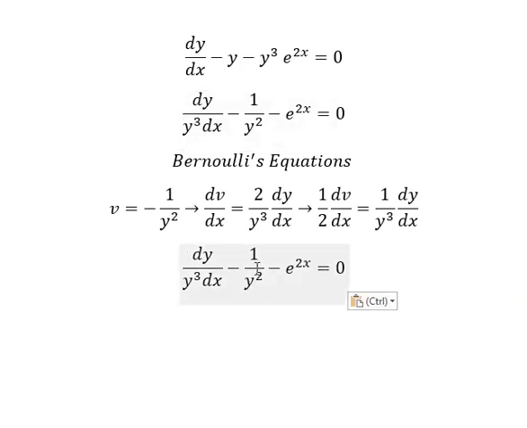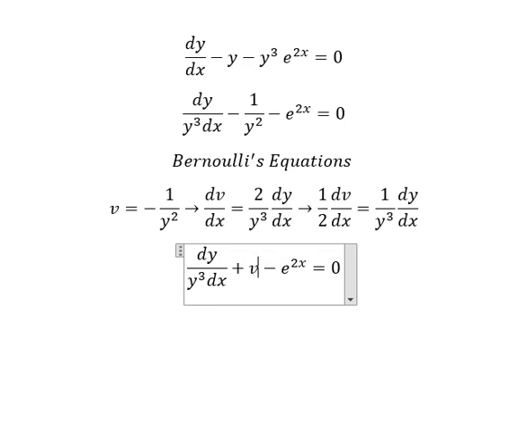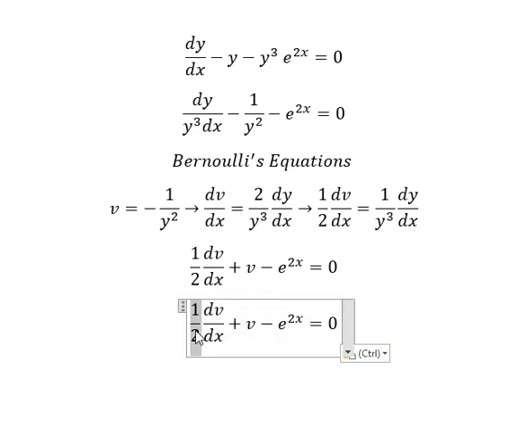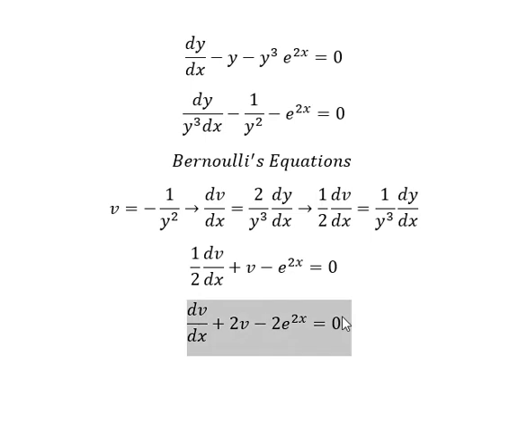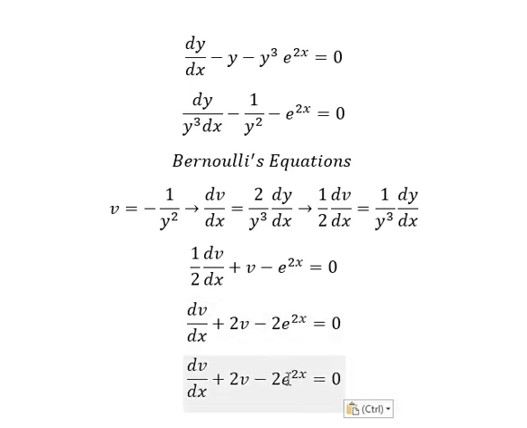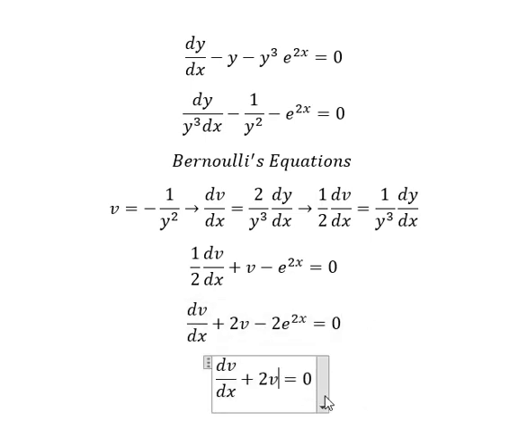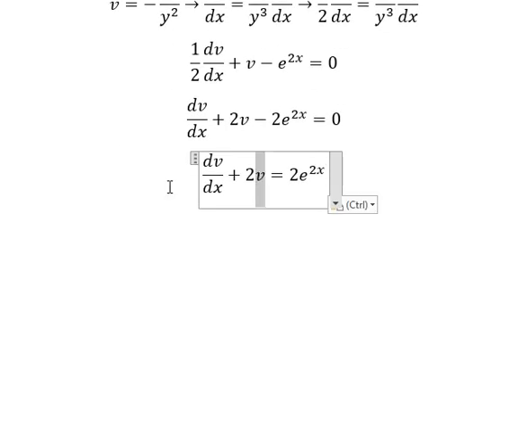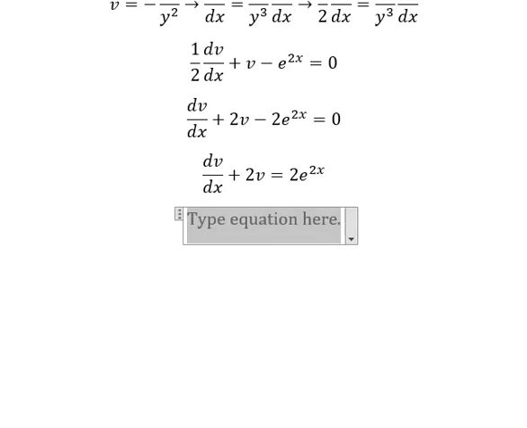Next, this one we change by v. This one we change by this one. Next, we multiply both sides by 2. So I will put this one to the right. Now we have v and the derivative of v, that is about linear